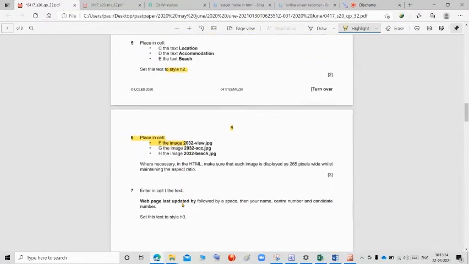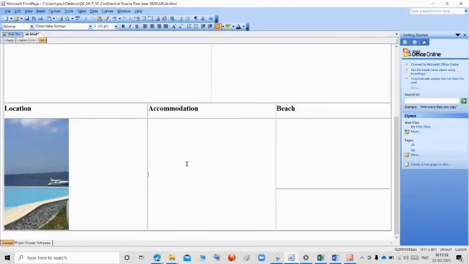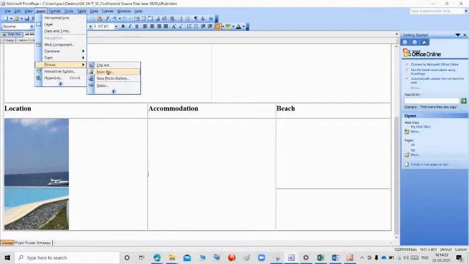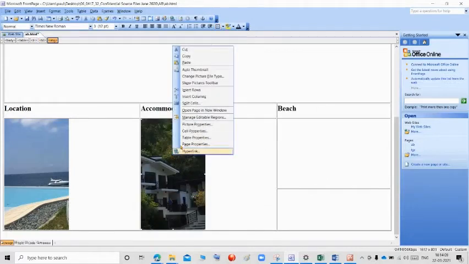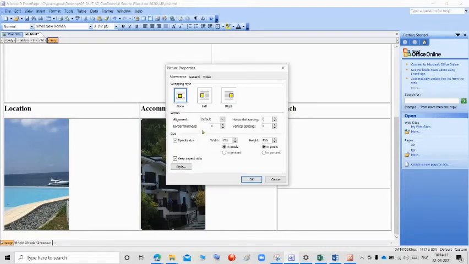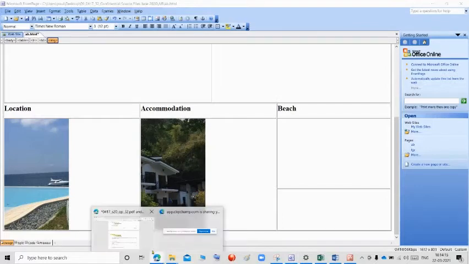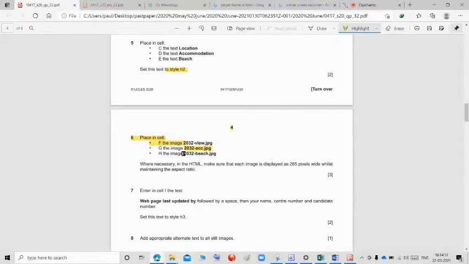Next, they are asking to place the image 2032 ACC in G. This is G. Go to insert, go to picture from file 2032 ACC and check picture properties 265 by 456. Yes, correct. In H, we are going to insert 2032 beach.